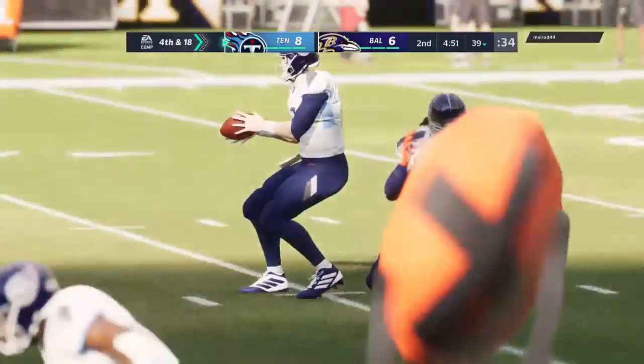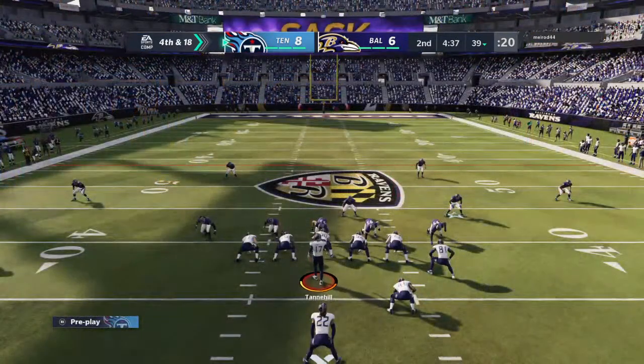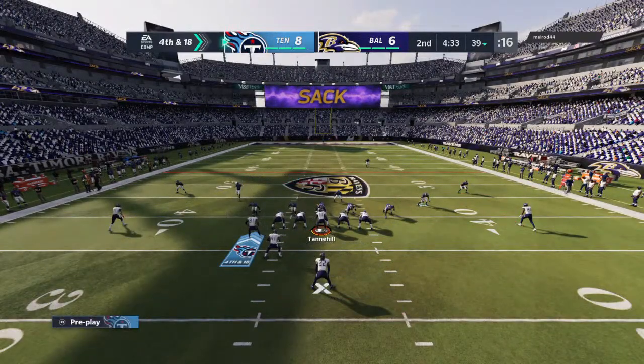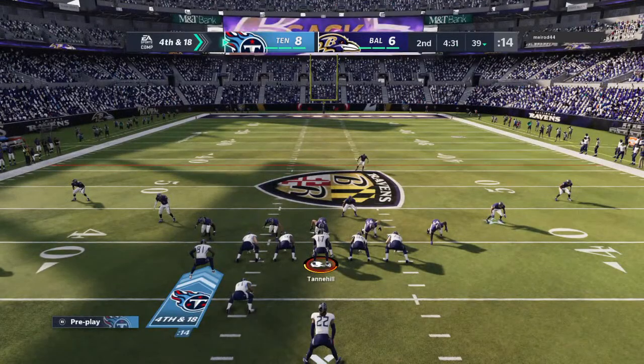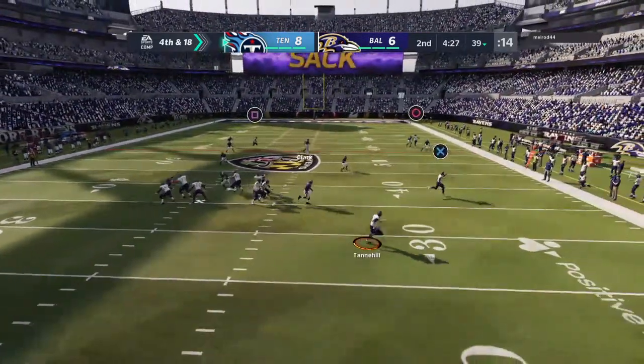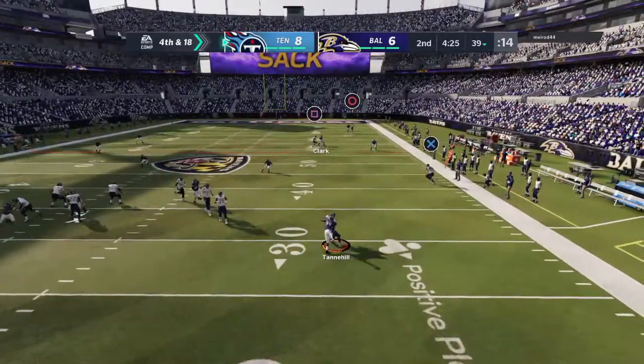Man, he got in there so quickly, Charles. What could the offense have done to adjust and account for that? What you're hoping is that you figure out and get a clue that maybe there's going to be some pressure coming at you, and you change the blocking schemes. Maybe you go to max protection. The biggest ones maybe you bring...